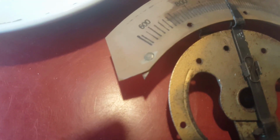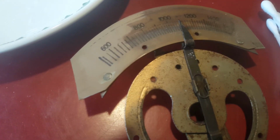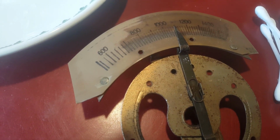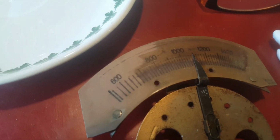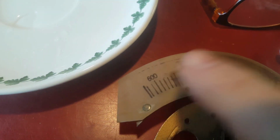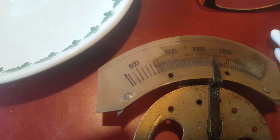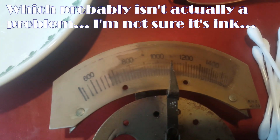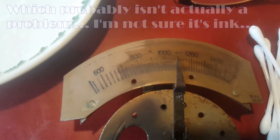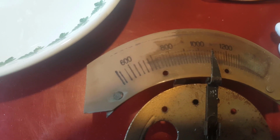And I did test it way off on the edge first and left it for a bit, just to make sure that it wasn't going to cause any major problems with the celluloid. It cleaned really well, but as you can see from the line up the top, this area just above the 600, just here, was where I tested it, and you can see that it's kind of taken away some of the ink. Now, I'm not sure of the condition of that ink, because as you can see, the dial's in pretty rough condition. So I'm not sure how clear that was to start with, because the next thing I tried was water,